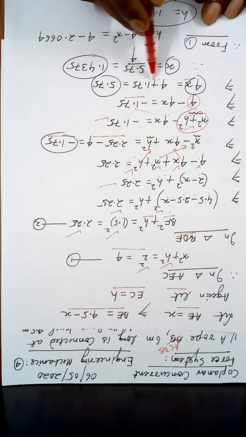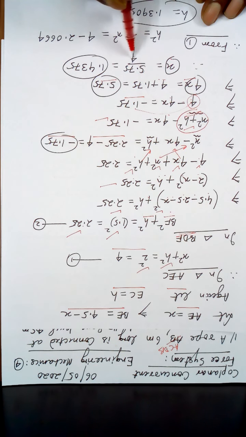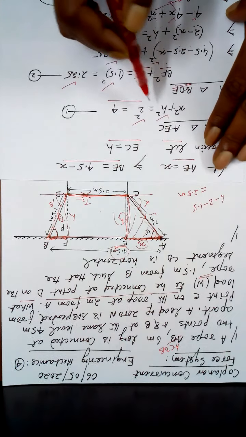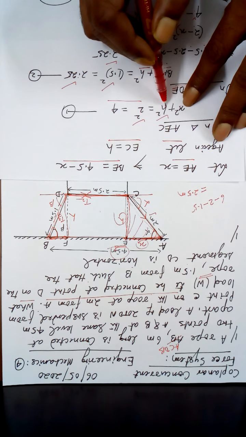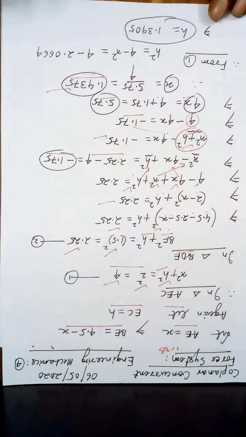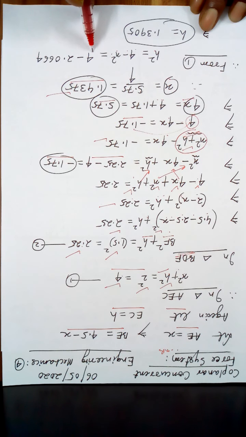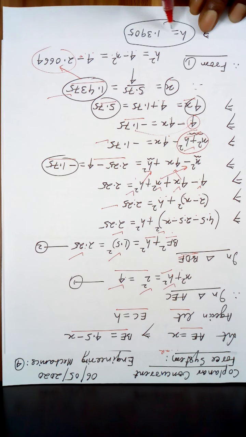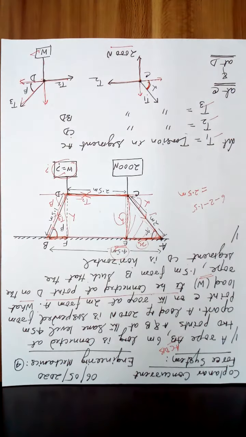So 4x becomes 4 plus this, that is 5.75. So x is found out as this divided by 4, that is this. So x is found out. Now put the value of x in this equation. In this equation, x square plus h square is 4. Put the value of this x to find out h. So h square is equal to 4 minus x square, 4 minus value of x, square of that. So h square is this, so square root of this. So h is also found out, right? So x is found out, h is found out.